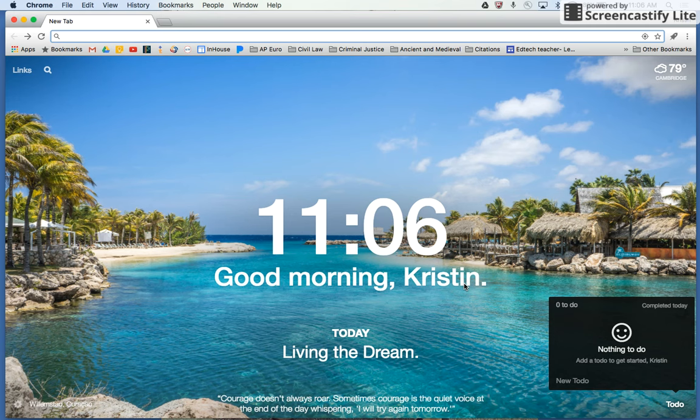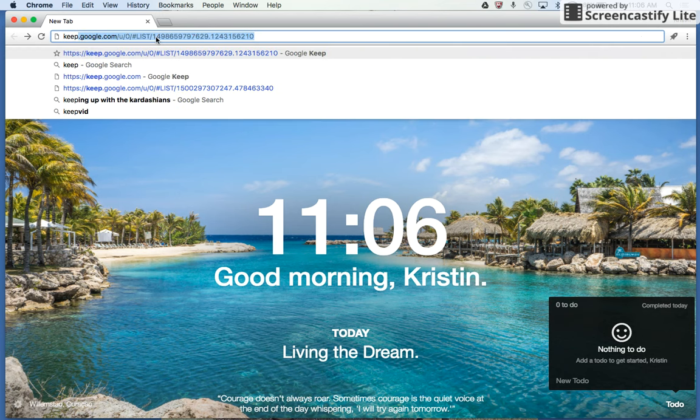Hi everyone, today I'm going to show you how to use a new tool that I found and that I really like called Google Keep. At this point you should already be logged into your email. So up here I would type in keep.google.com,